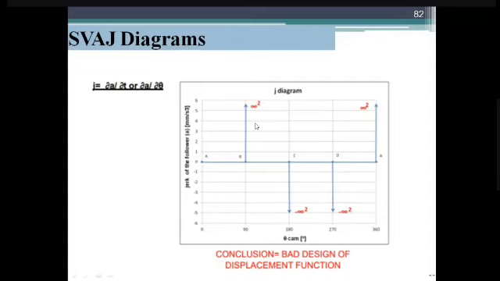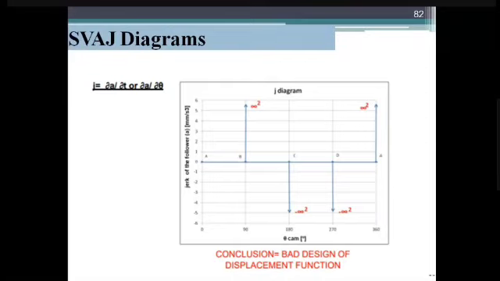Okay, what about the jerk? It is very important, more than acceleration. Jerk is very important because we have two different conditions if we are to design a good cam. The first one, the first derivative and second derivative should be smooth and continuous. The second constraint is the jerk should be uniform. If jerk goes up and down, there is a direct slip or miscontact, because the cam and follower should be touching at all times, isn't it?